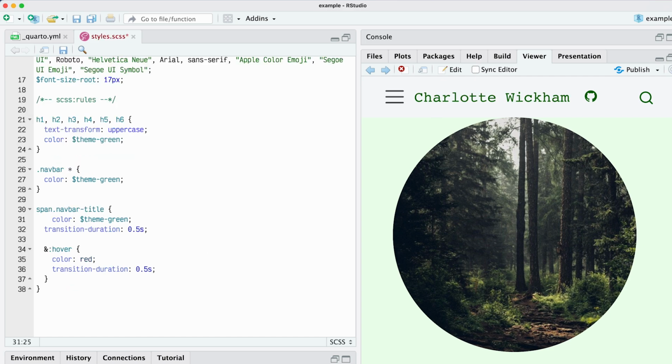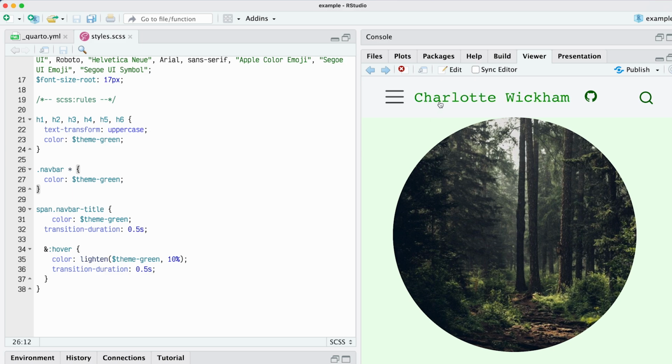But the color it has inside isn't really that great, because it's red. We want it to be a little bit more interesting, so we can say lighten theme green, and I want it to lighten by like 10%.